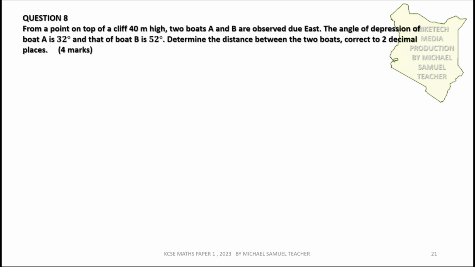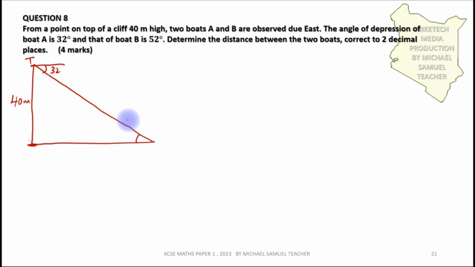So the first thing we need to start, let us draw the sketch to show the position of the boats and also the cliff. So if this is the cliff, which is 40 meters high, this is the top of the cliff, and you have the foot of the cliff. So the boats are due east, so this direction. So the angle of depression of A is 32. So from the top of the cliff, the angle of depression 32 will be equal to the angle of elevation